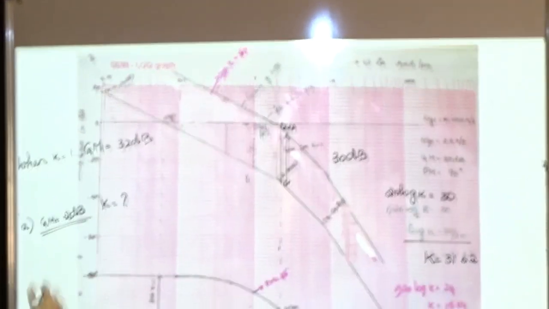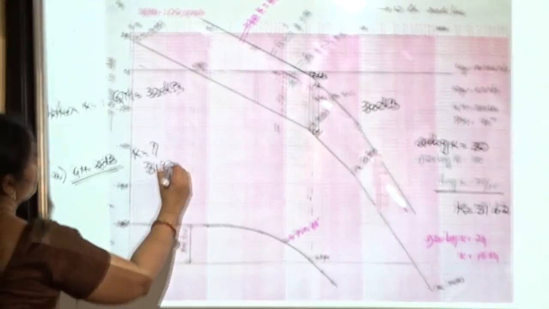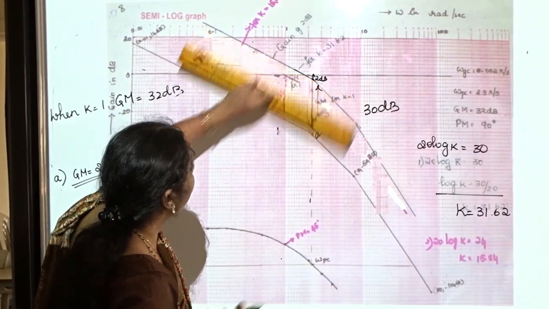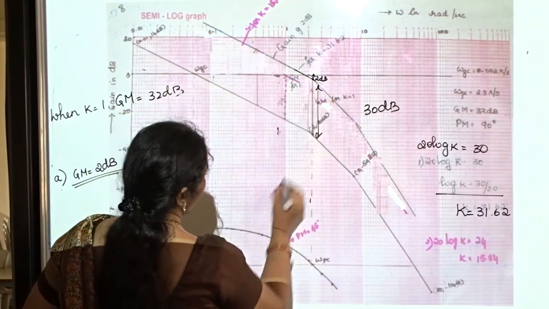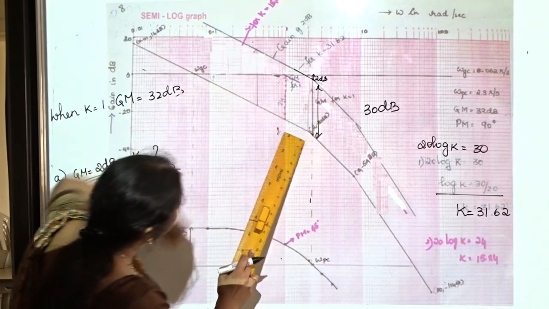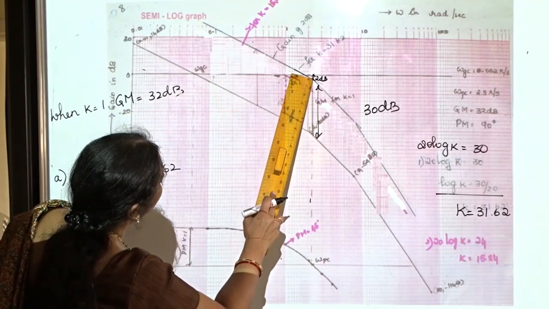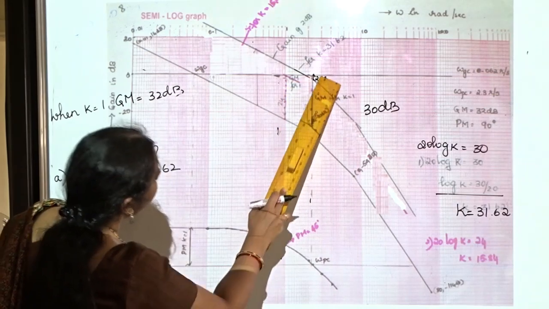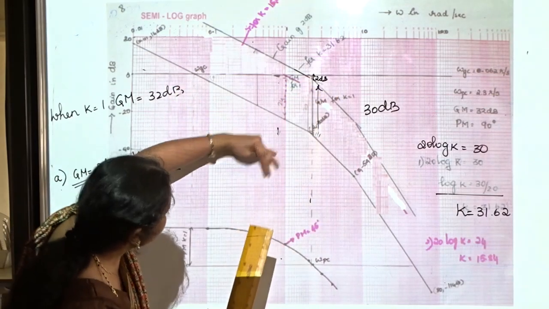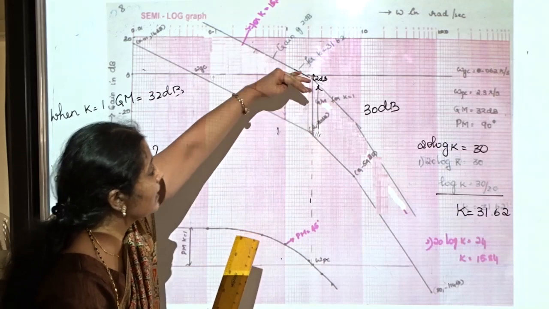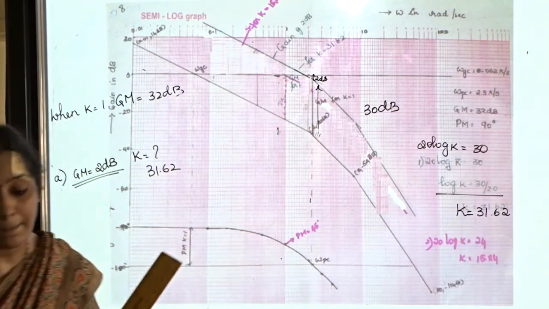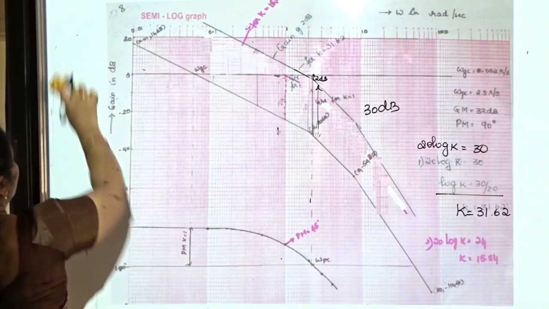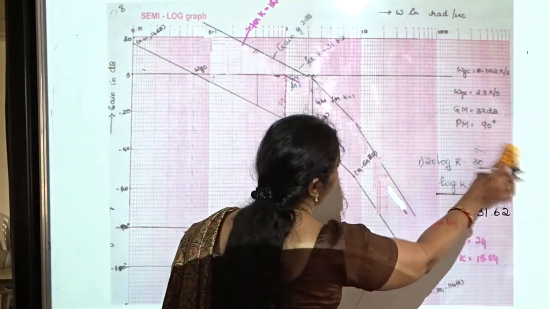So now for this k it is 31.62. This is 32. Push it up so that at the same point, at this point itself, where it was 32, you now get 2 dB. So the entire graph has to slide up with the same slope. This is for the first case, when you require a gain margin of 2 dB.